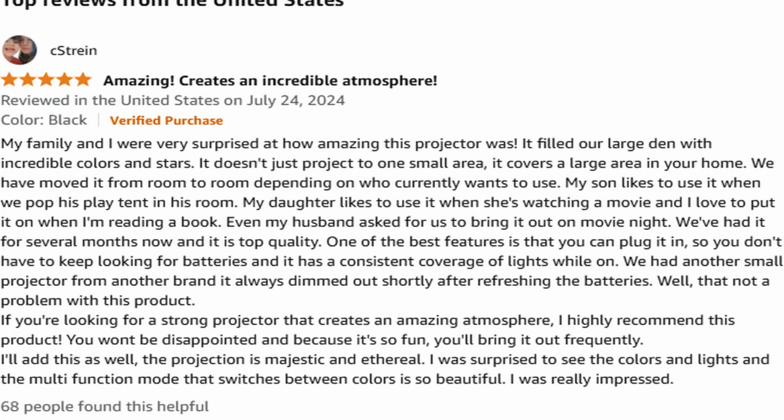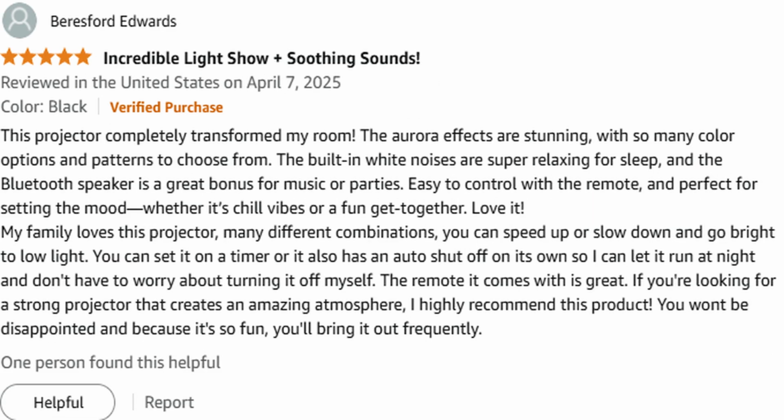The Northern Galaxy Light Aurora Projector by Hodans is an impressive 3-in-1 device that combines a starry sky and Aurora projector with soothing white noise and a Bluetooth speaker. This product aims to transform any room into a peaceful, immersive environment reminiscent of a mini planetarium. After gathering extensive user feedback from across the internet, it is clear that this projector delivers a unique blend of